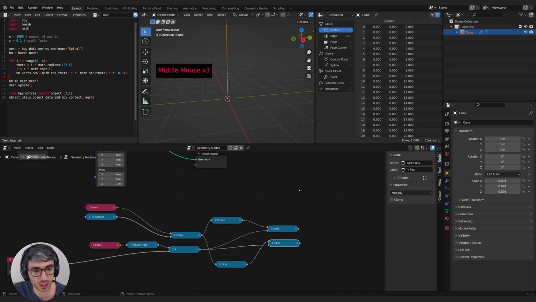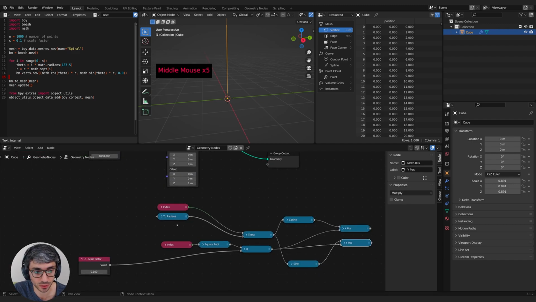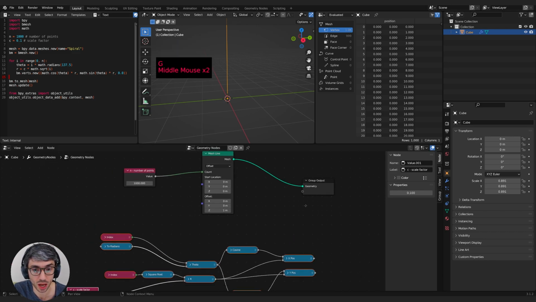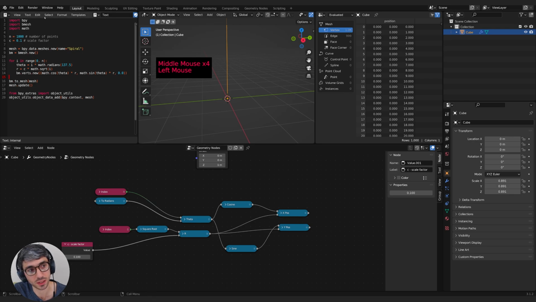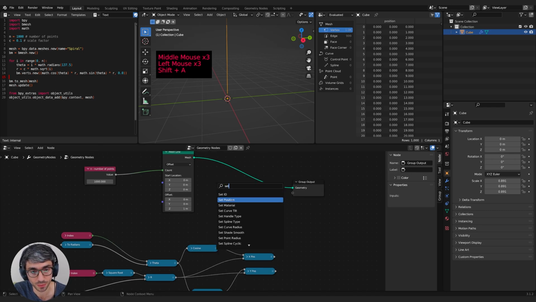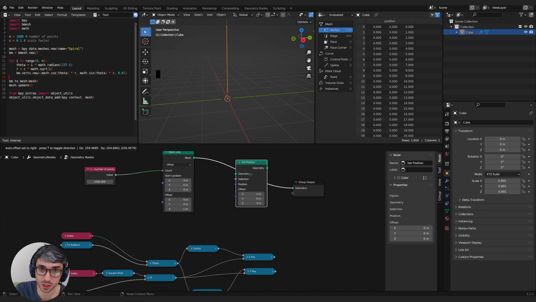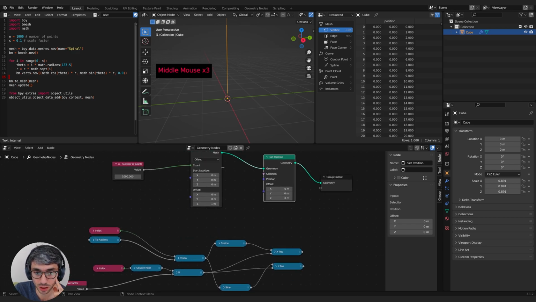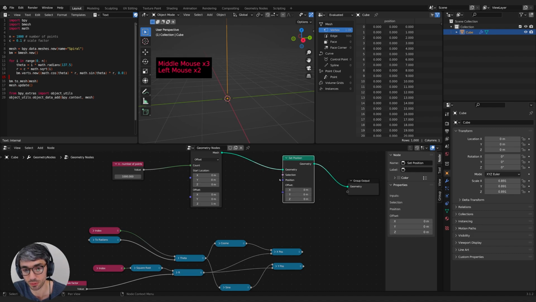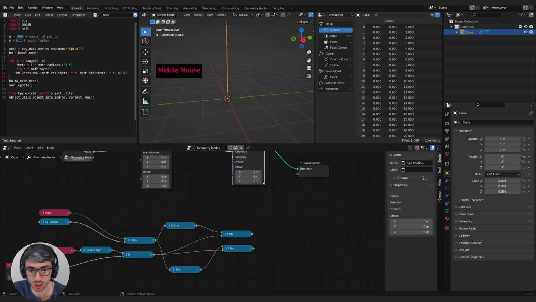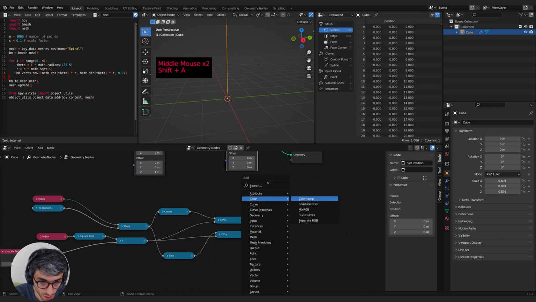Okay, so now we need to actually apply all this math that we've just done with this little setup here to this mesh line. It's kind of cool actually looking at this and thinking this little loop represented in nodes looks like this. All right, so let's come over here and we'll go set position, because that's the node we always use to move the position of vertexes. I'll drop this here, and we would just want to set the position of all these guys. So first we need to turn these into a vector, because these are just individual numbers. See, the color's gray, so that means it's just a single floating point number. So we need to go for a combine